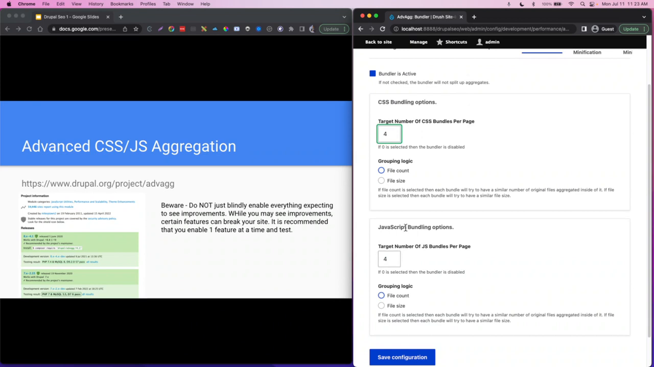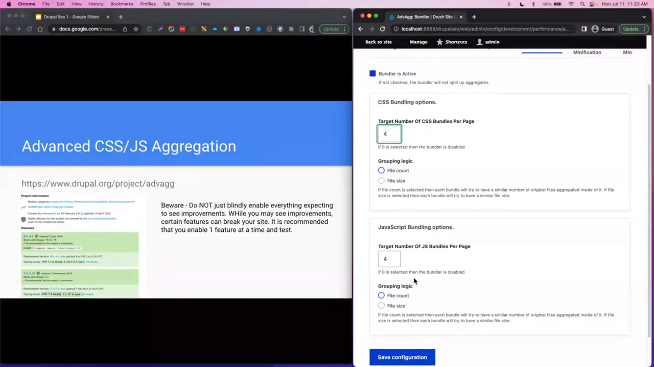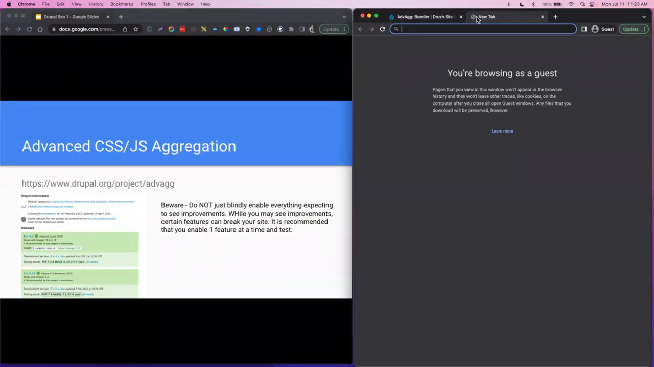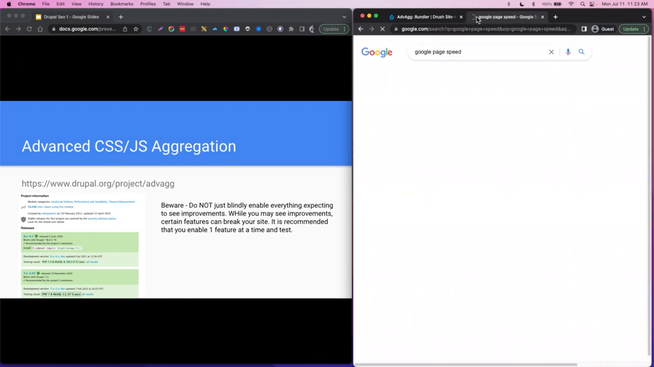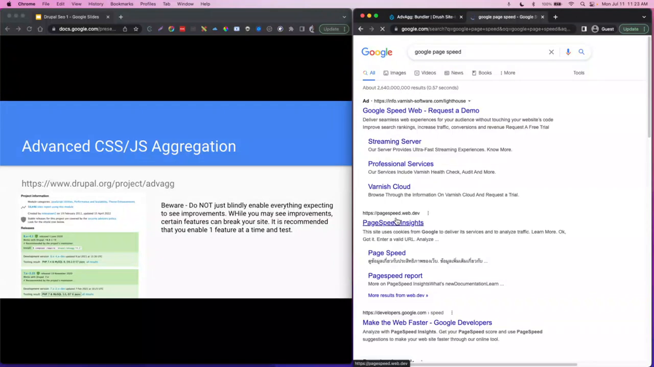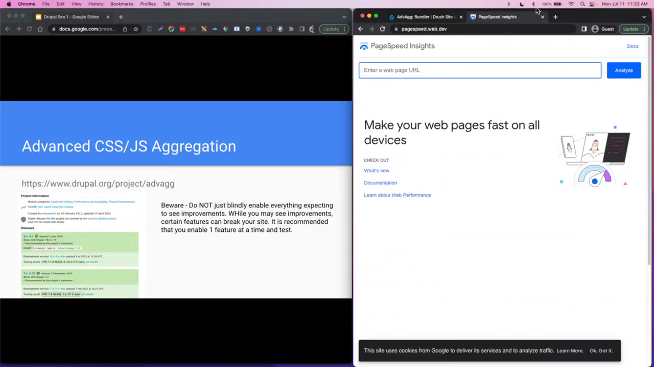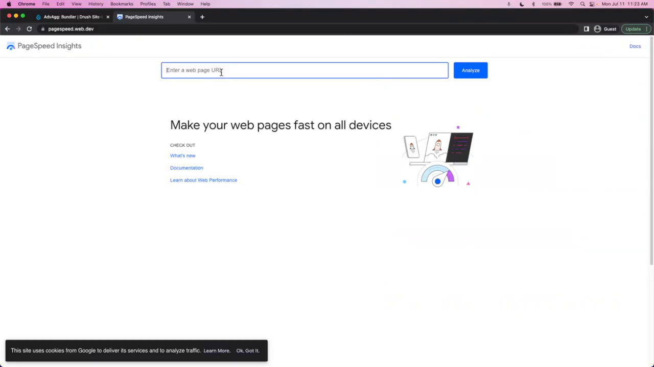So how do you know what to use here? I'll give you a quick tip. This is what I like to do. You go to Google PageSpeed, right? I'm just going to maximize this so you can see better. So let's analyze